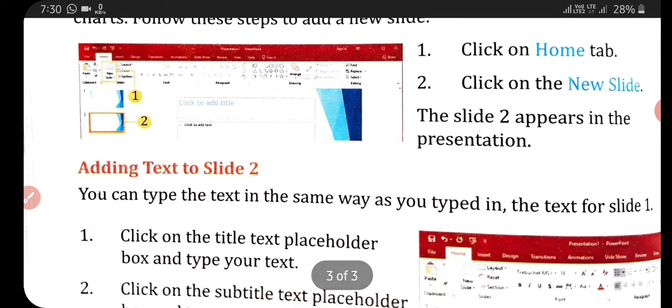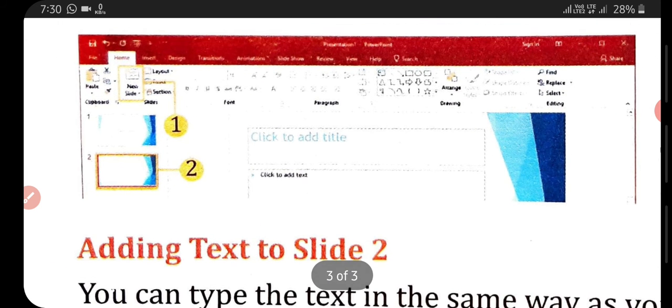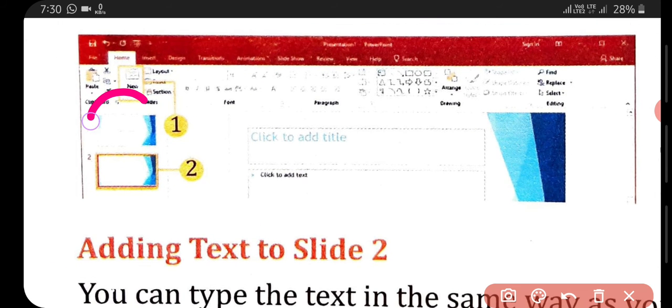After that, students, adding a new slide to the presentation. How do we add a new slide? So here we see, this is the first slide and this is the second slide. How do we do it like this? Students, your next step is to create the next slide after creating a title slide. When you open a new presentation, PowerPoint creates a blank title slide to build a presentation.